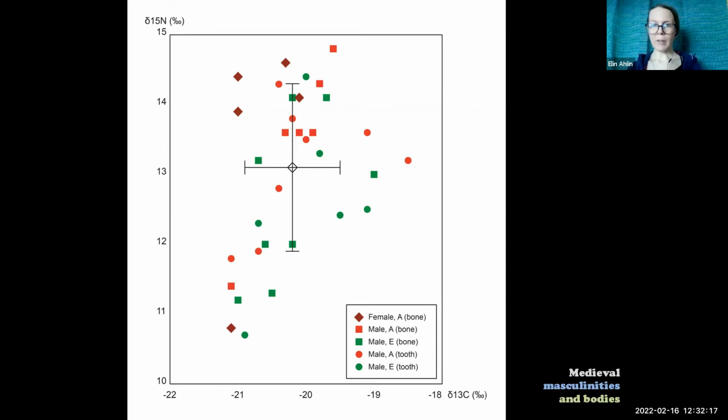The mean value here, indicated by the cross at 13 more or less, is rather high, and would suggest that all of the people, at least on average, would consume quite a lot of fish. So likely they all more or less at least followed the regulations of the church. And I think this could be an example of how clerical ideas did not only apply to the clerics themselves,